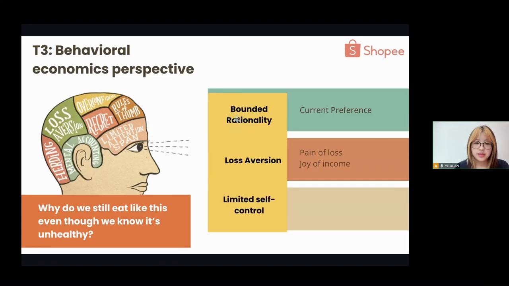Traditional economics assumes that people are completely rational and able to control their choices, but behavioral economics acknowledges that people face the problem of limited self-control in real life. It explains why people may set a goal of eating only healthy meals in the morning, but order milk tea or fried chicken in the evening.